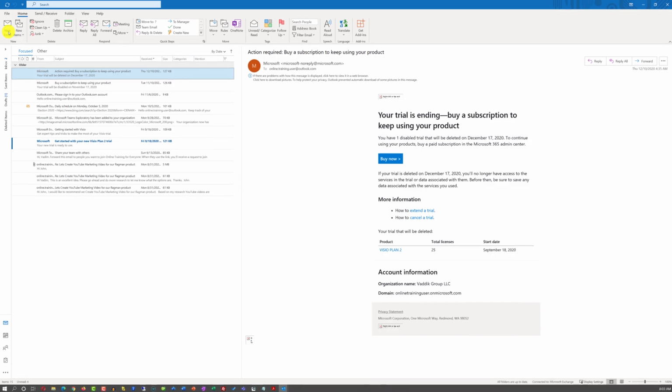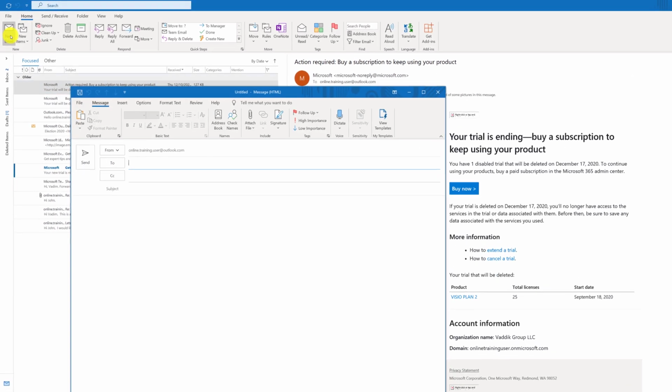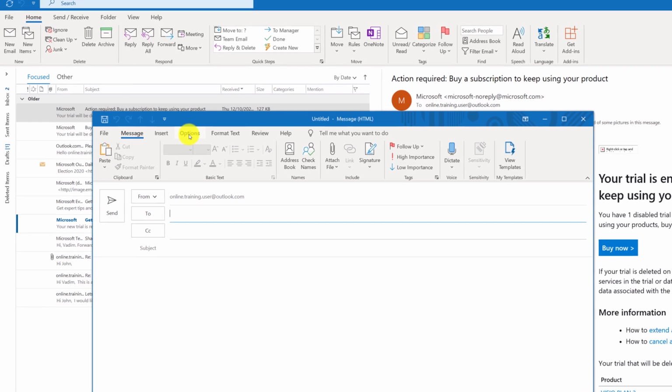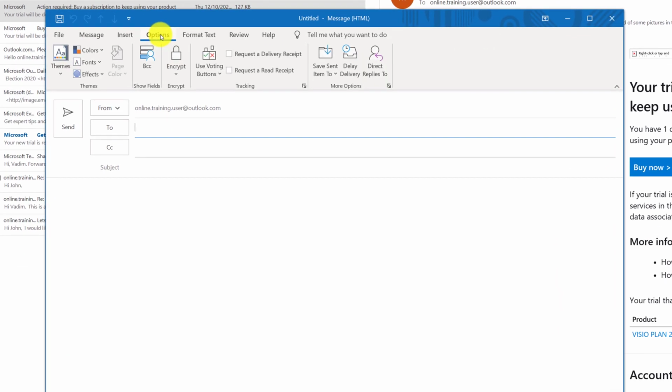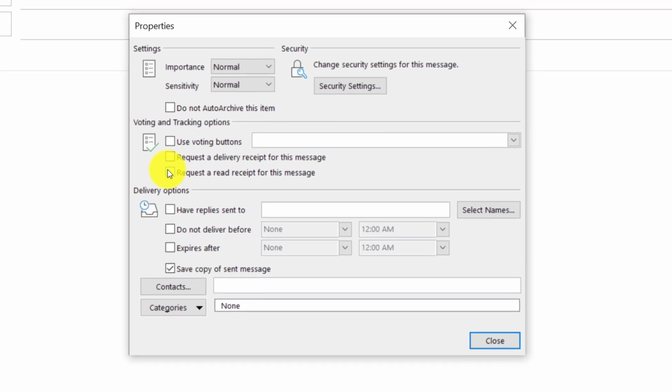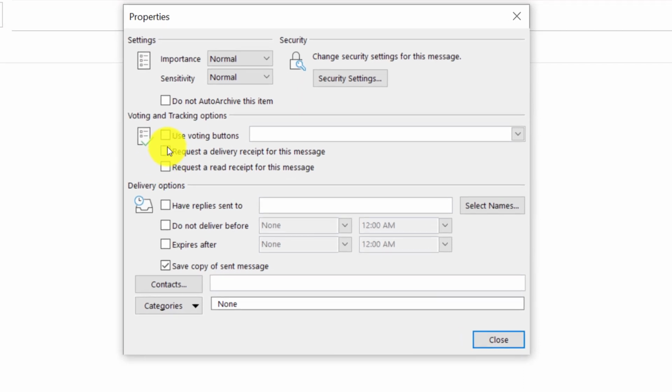When you create a new email message in Outlook, you have options of how the message will be delivered and tracked. To configure these options, you need to navigate to the Options section. Here, in the Tracking section, you need to expand and go to the Details. There are a lot of different choices that you have, so let's look at each one of those in more